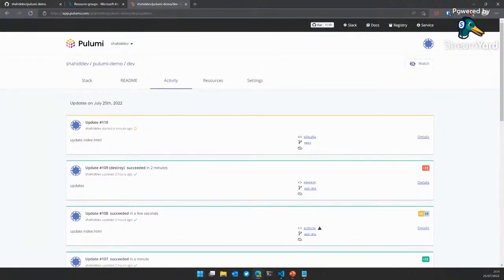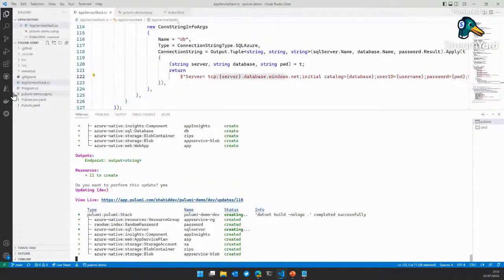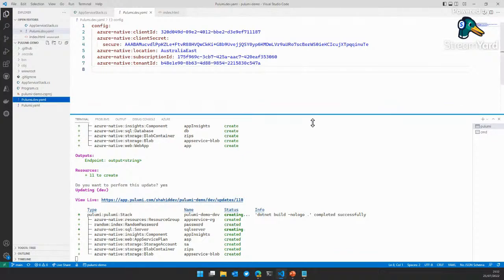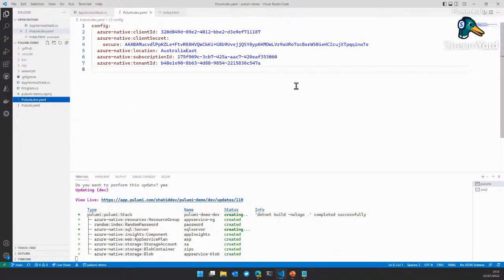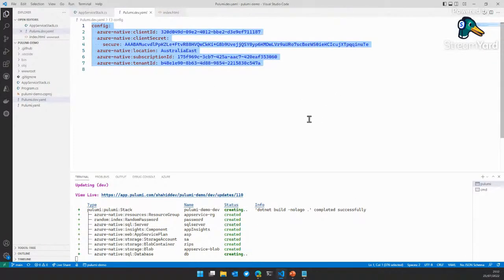While that's also running, I'm going to jump back to the code a second because I wanted to touch on the secrets as well. One nice thing is that in my file here, you can see I'm using a service principal. I've got a client ID and a client secret, but this client secret is encrypted for this specific stack. So this value is no longer available to me. I can safely commit this to my source control. And even if somebody copied this config and tried to put it in their own code, it wouldn't work. It's encrypted per stack, so per environment.